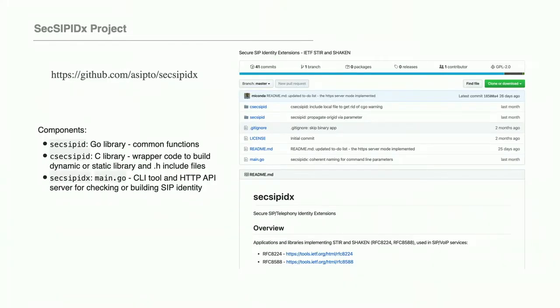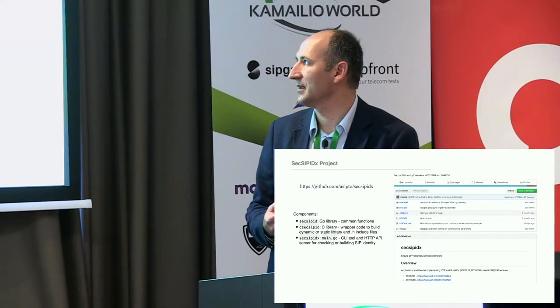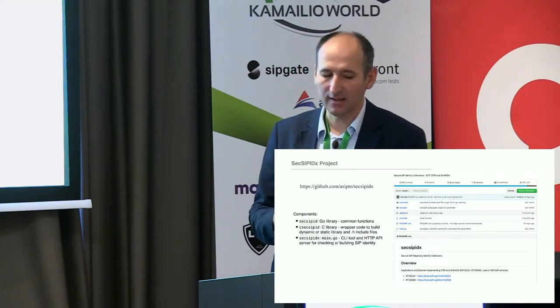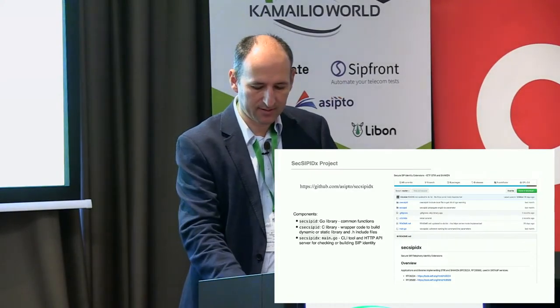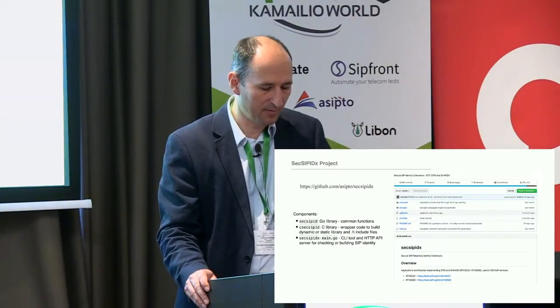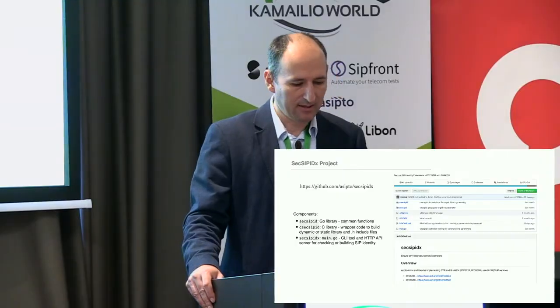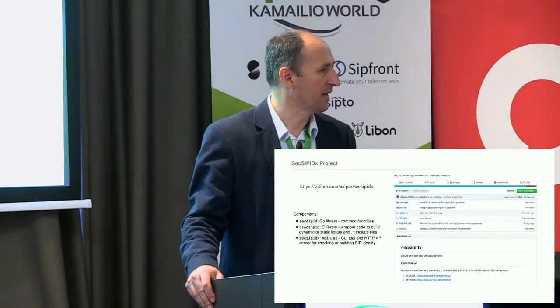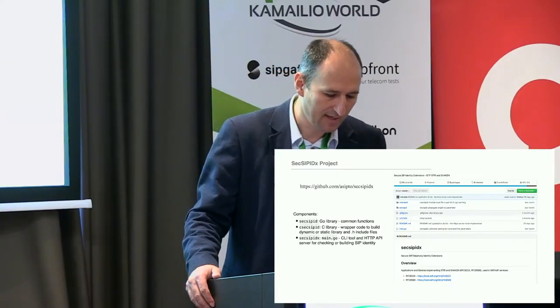Then for those who have to deal with identity, STIR/SHAKEN, I'm pointing to my project, also at Asipto, the SEC ID. We have another module in Kamailio, but I'm not sure how much it's maintained. The developer is not that active. It uses libstirshaken, that's in C. Here the library is in Go, but thanks to Victor, everything is packaged. So if you use Ubuntu or Debian, you can install this from packages. You don't need to compile the library yourself.